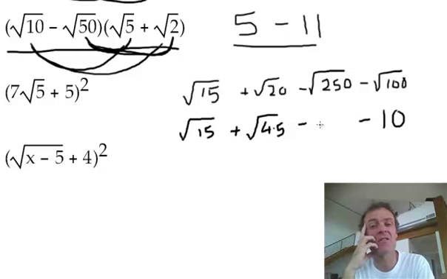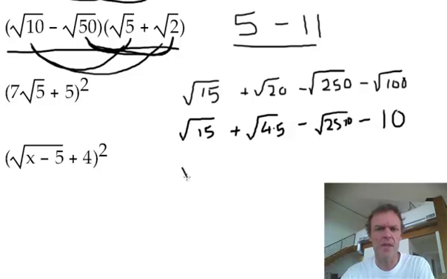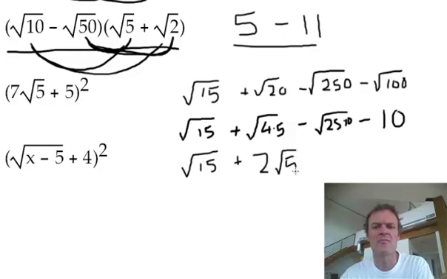Because I'm thinking of things like square roots. Is there a 49 in it? Is there a 64 in it? Is there 128? No, I think that's it. I think I'm going to have to write 25 times 10. Okay, so root 15 not changing. Root 4 times 5, that's 2 root 5. For the 25, I should have written 5 there. The square root of 25 is 5,